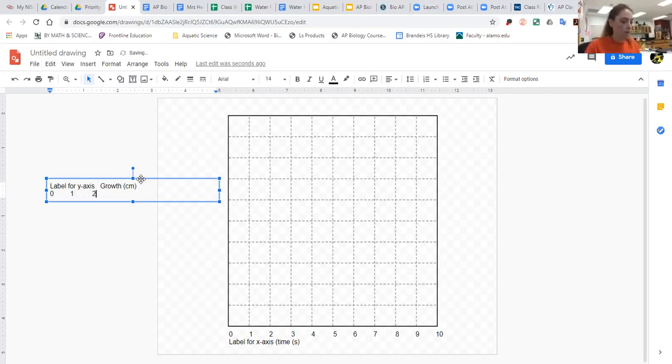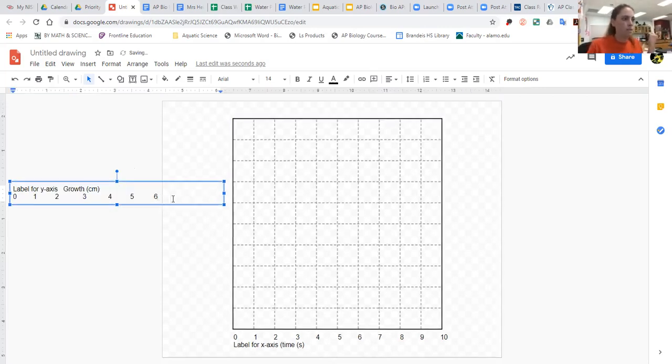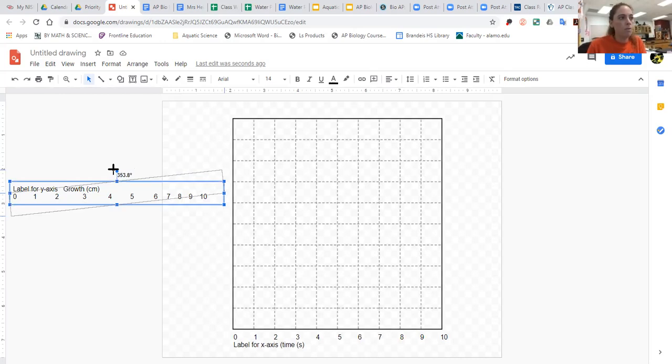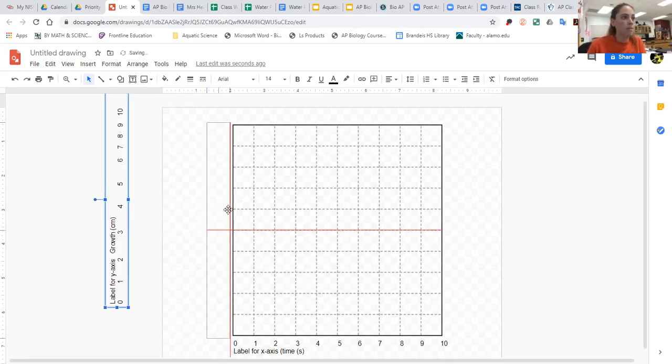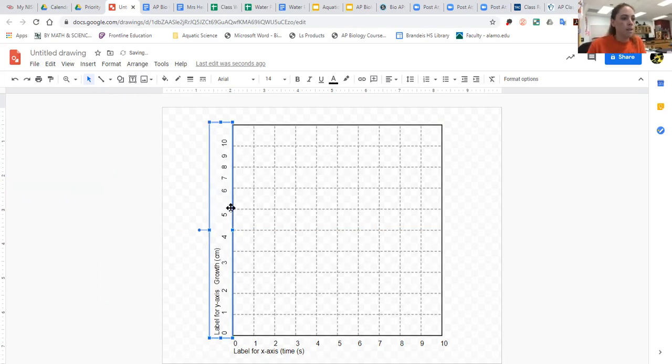I'm going to go ahead and write my numbers up until 10, and then I'm going to adjust because, right, this isn't on the y-axis. What am I doing? It says over here off to the side. Right. To label this correctly on my y-axis, if you look at the little circle just at the top, when I move my mouse over it, I get a square, and now if I click and drag, I can turn it. So I'm going to rotate my text box